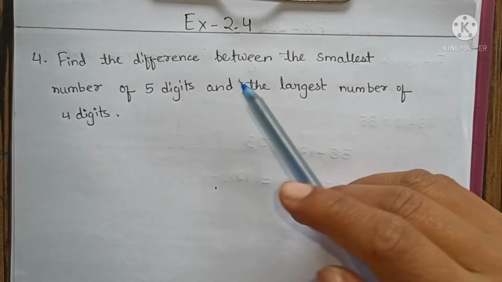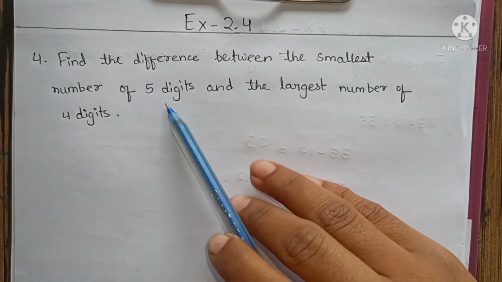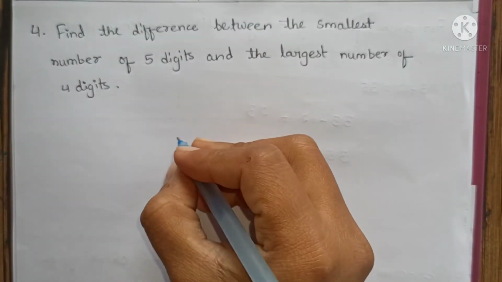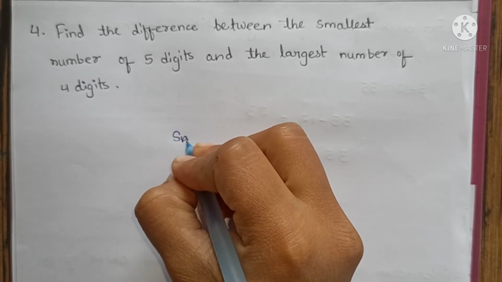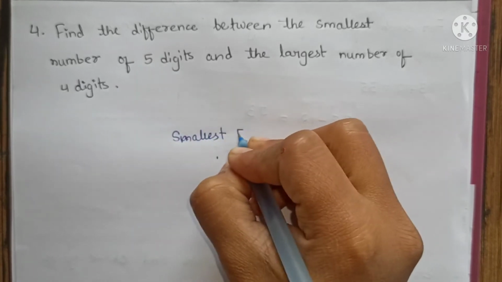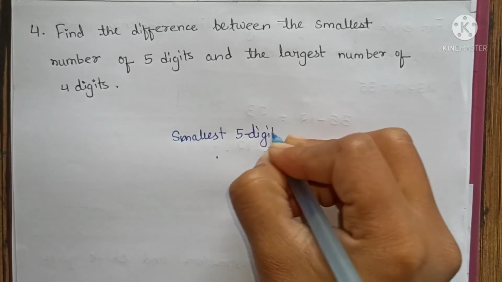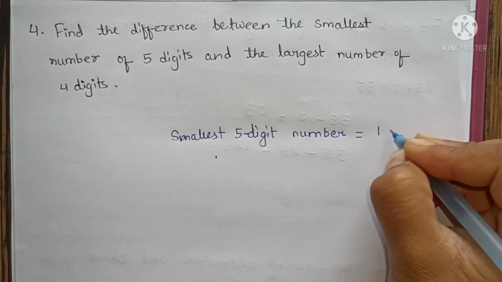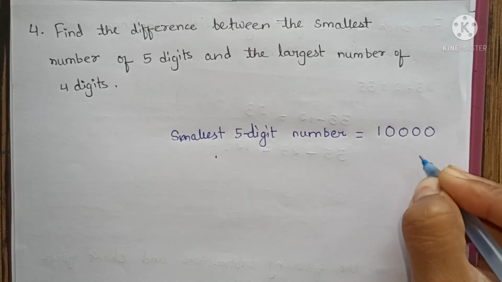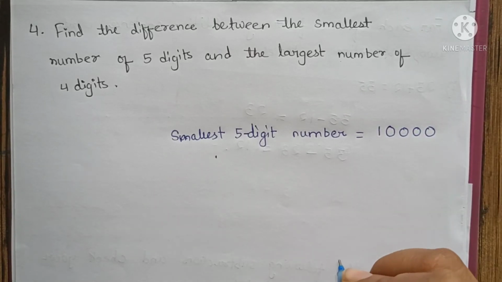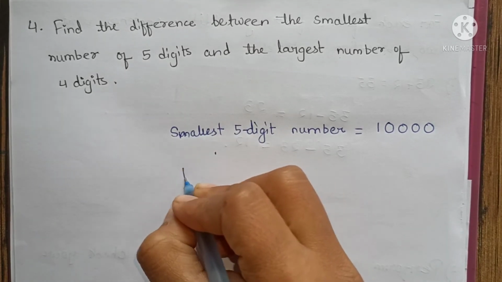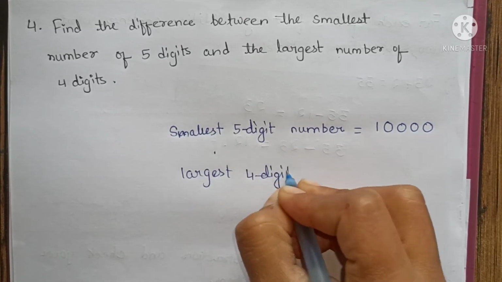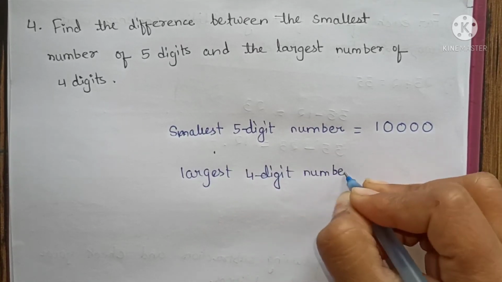Find the difference between the smallest number of 5 digits and the largest number of 4 digits. So we have to first write down the smallest 5-digit number. The smallest 5-digit number will be 10,000, isn't it? And the largest 4-digit number will be